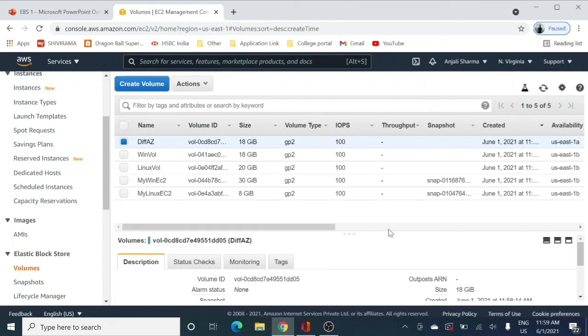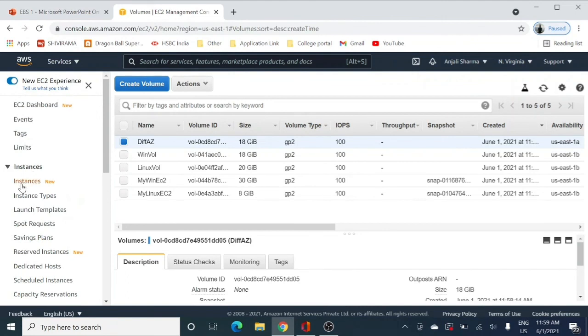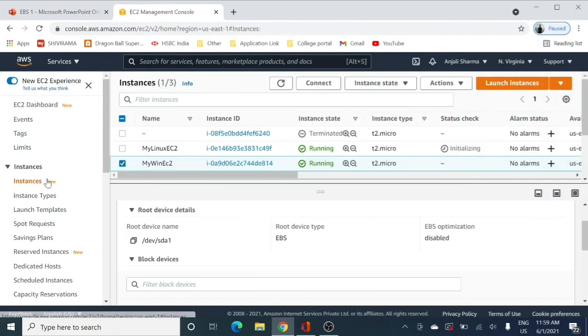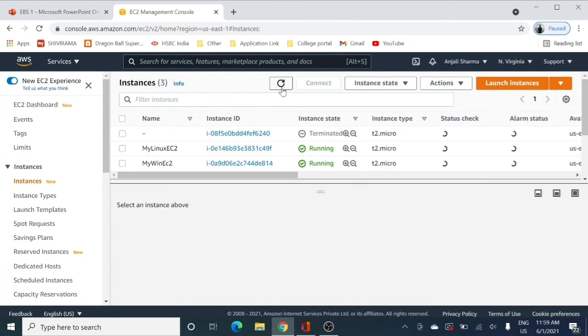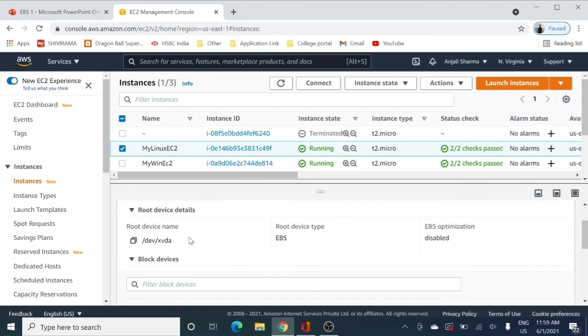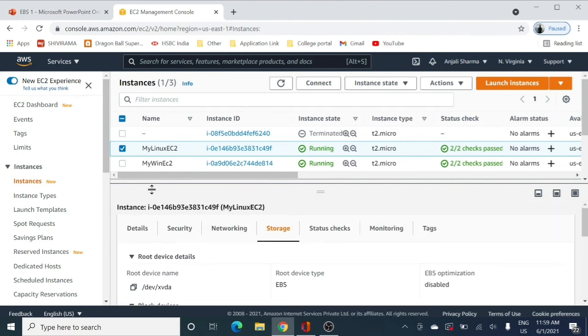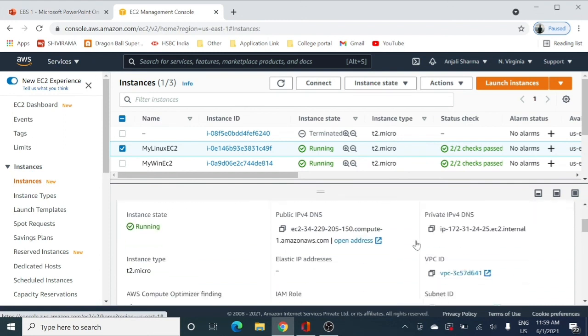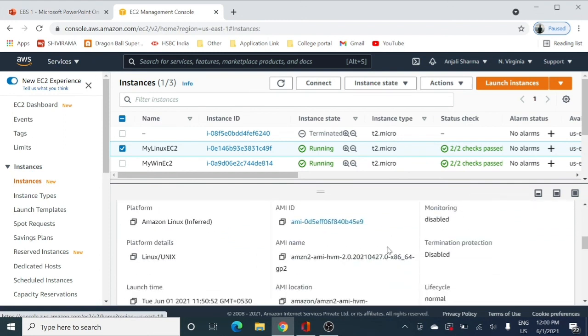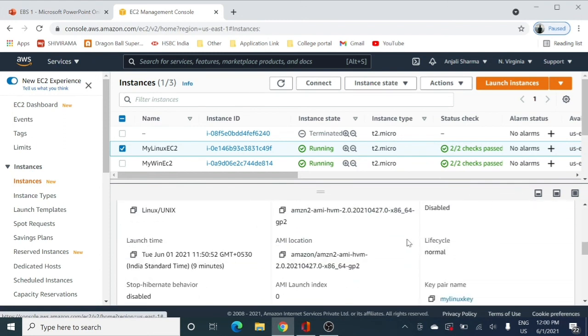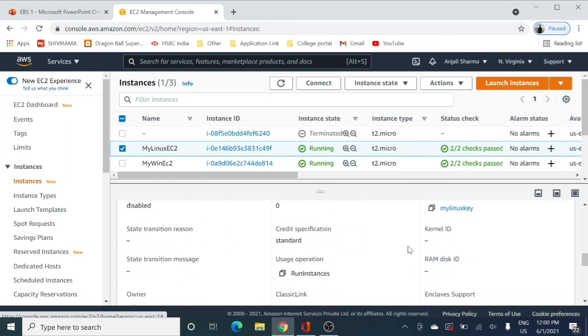The last thing I would like to tell you is, if I go to any one of my EC2 instances, and even if I refresh my management console and click on it, you can still see that the root device name is only one, right? The volume which we have created is not showing here in either of our EC2 instances.